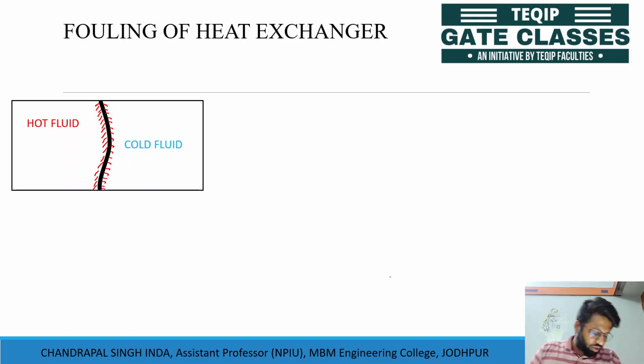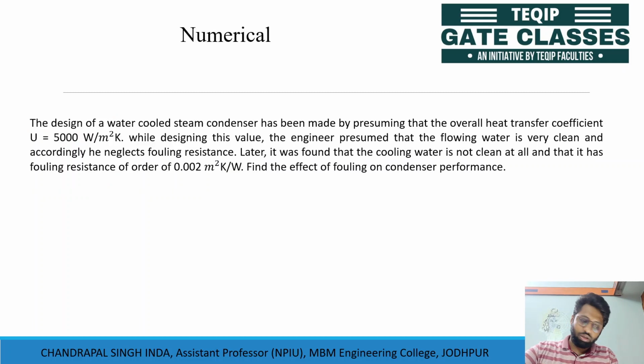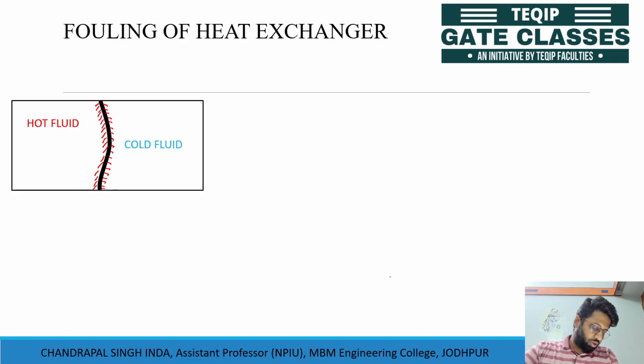So in that case, it will affect the performance of the heat exchanger, and it reduces the thermal conductivity of the wall as well as the effective area of the heat exchanger. So here it will impact the heat transfer, and it will increase the thermal resistance. So in that case, the summation of R_th will be equal to